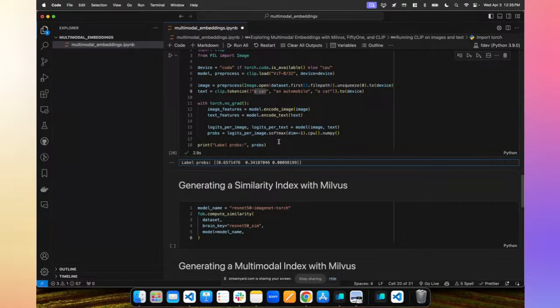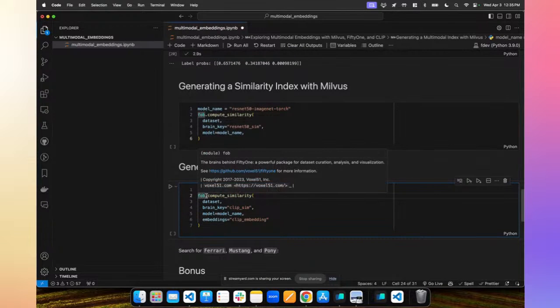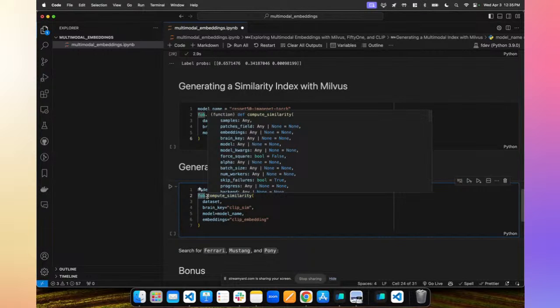What we actually are going to do in a second is we're going to use this all implicitly. So we're going to just specify the model name and have FiftyOne. Here we have the FiftyOne brain module, which is the thing that handles our similarity and visualization and all these other ML data analysis routines. We're going to compute similarity, which is basically generating a similarity index or using a vector database on the back end.